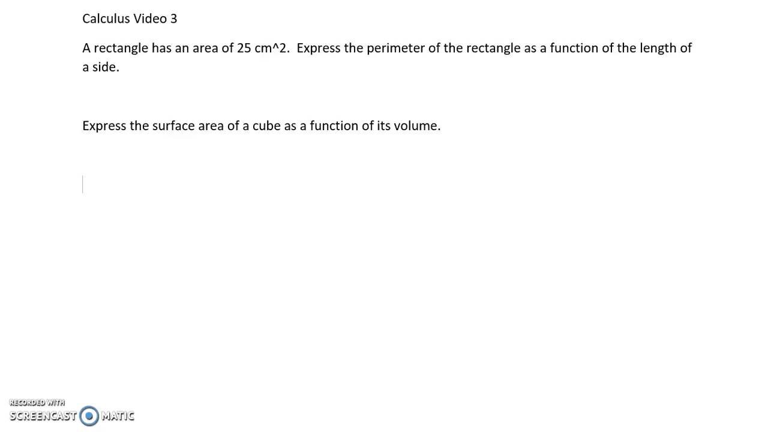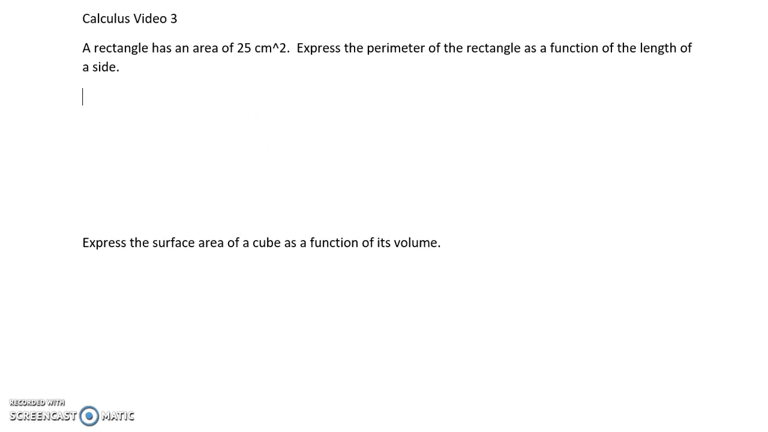Alright, so video 3, a big thing we do in calculus is practice getting to one variable. So here's a problem. Rectangle has an area of 25 centimeters squared. They want the perimeter of the rectangle expressed as a function of the length of a side for the first one. So if you think of what that's asking for, they want the perimeter as a length. They want this equation right here, where this is